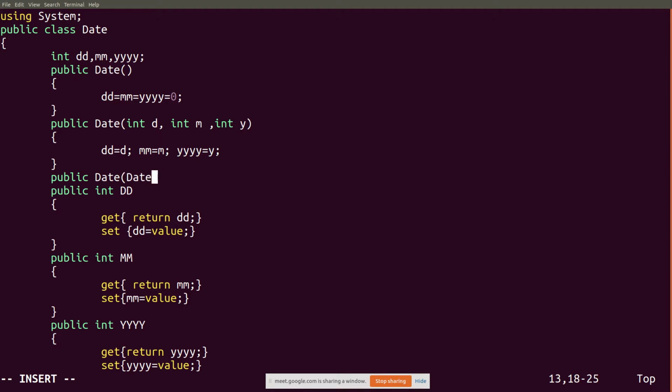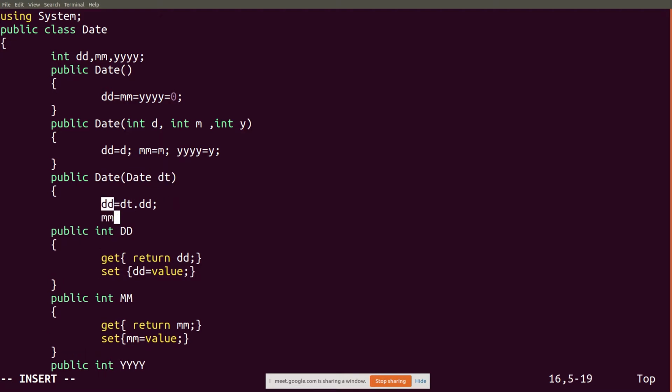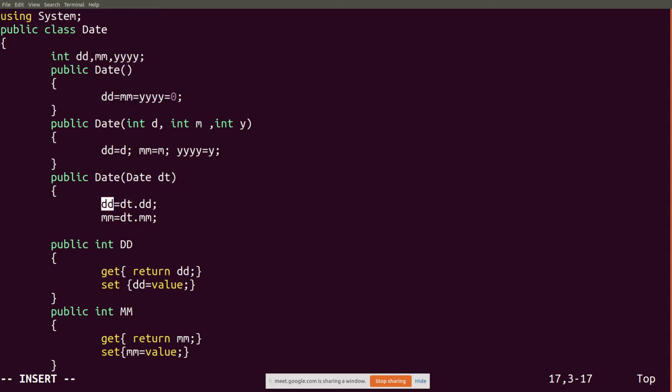So I am passing an object as a parameter. Then whatever is the value of dt.dd will be assigned to the day. Then whatever is the value of dt.month, assign it to month.